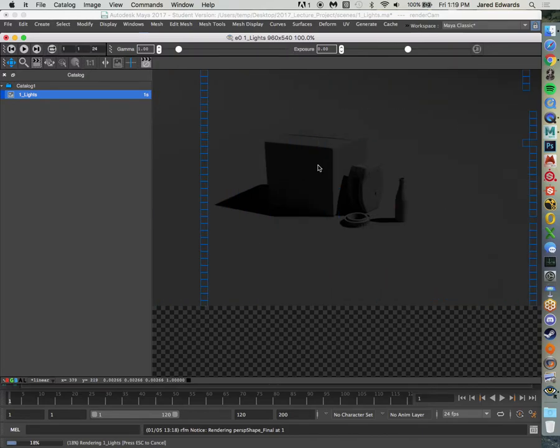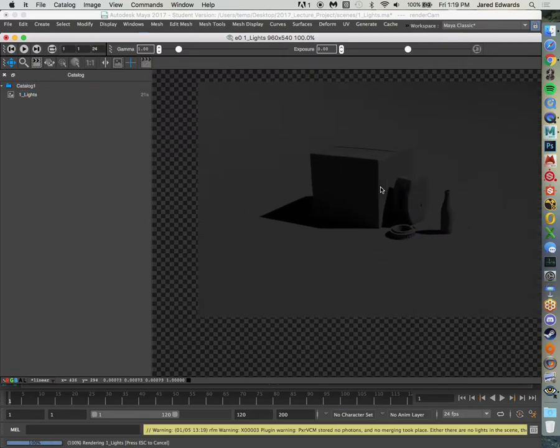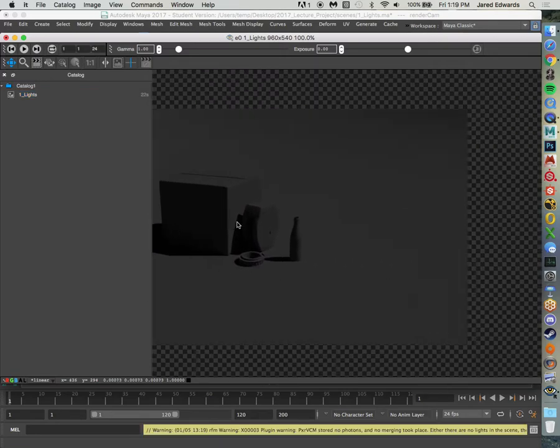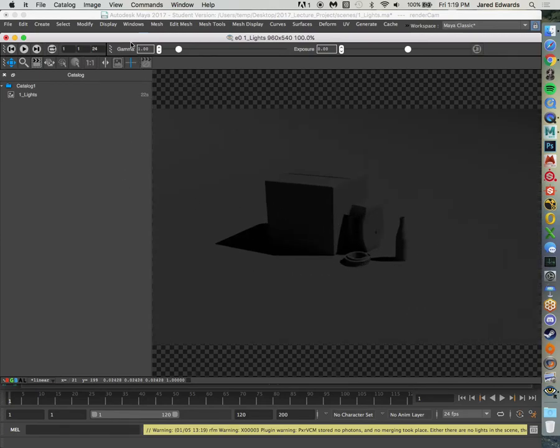Now, the navigation in here is fairly straightforward. If you hold down Command and left click, you can pan around the image and move things side to side. You can middle mouse wheel back and forth. Now, I know I talked to some of you when you were doing the install, but a lot of you probably don't have all the same